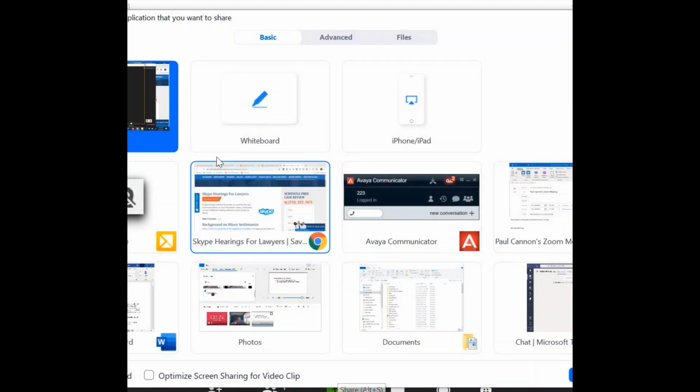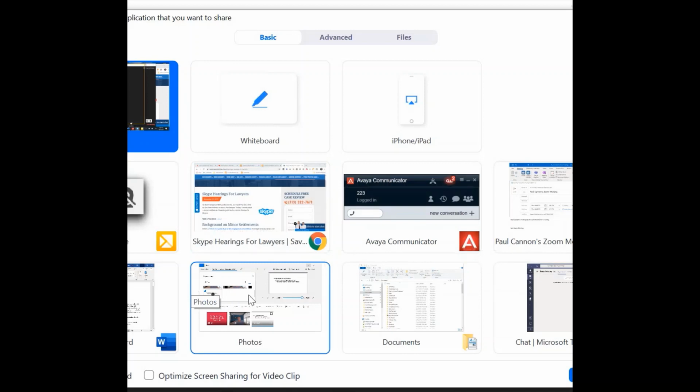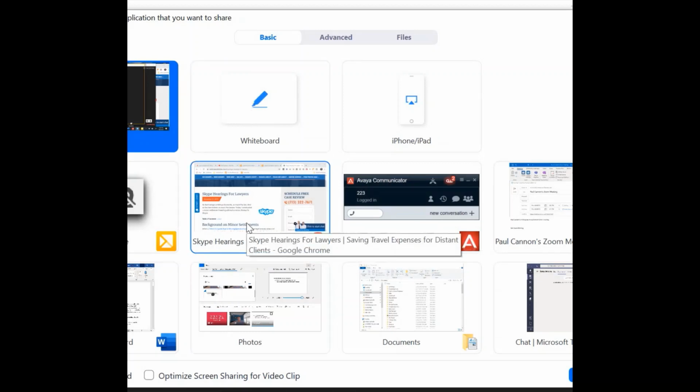If you need to share documents, there's a screen share feature as well, where you can click on this, it'll bring it up and say, which document do you want to share? And you can have a whiteboard feature, which means you can draw notes, or you can go to a specific